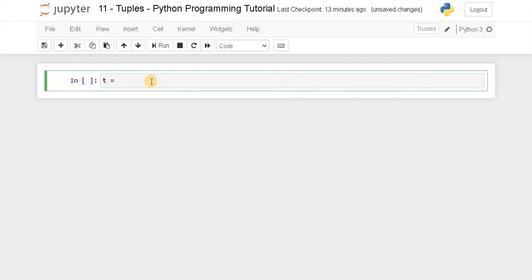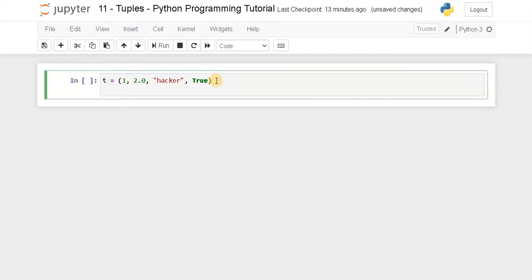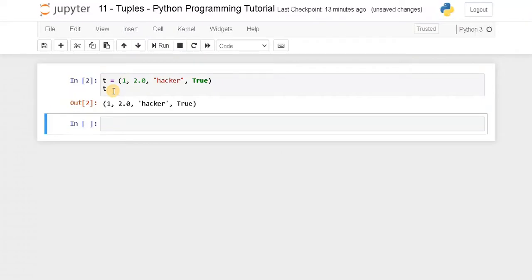T equals open brackets, which is the symbol for a tuple. Let's initialize with the same example as before: 1 comma 2.0 comma hacker comma true. So it holds 4 different data types. Now display it.